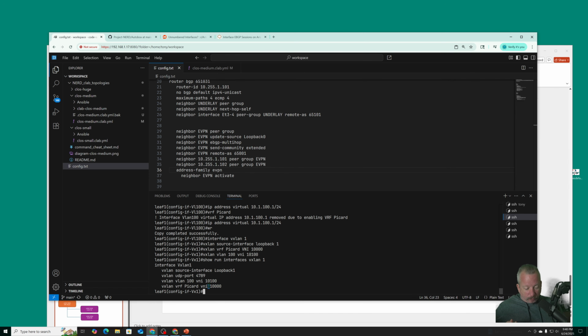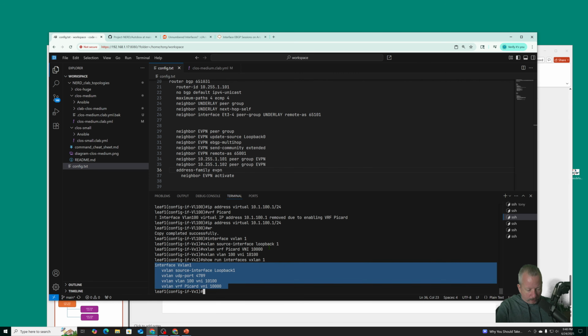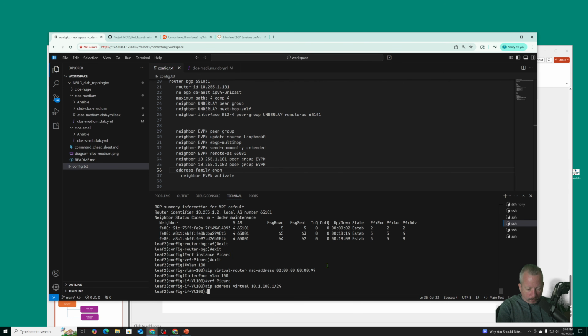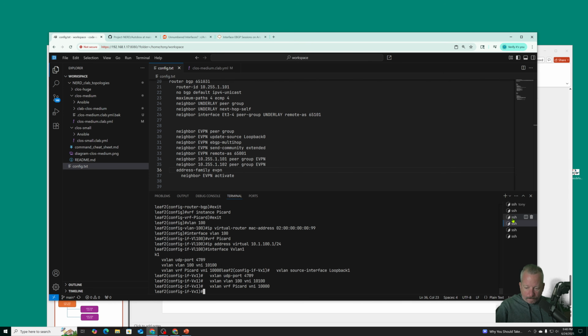So what this does is it creates an L3 VNI, which we need for symmetric IRB, with a VNI of 10,000. And then it also creates a VNI of 10,100 and attaches it locally to VLAN 100. These are locally significant VLAN IDs. The VNIs are globally significant. So I'm going to copy this, and it's going to be the same for leaf 2. And then for leaf 3,